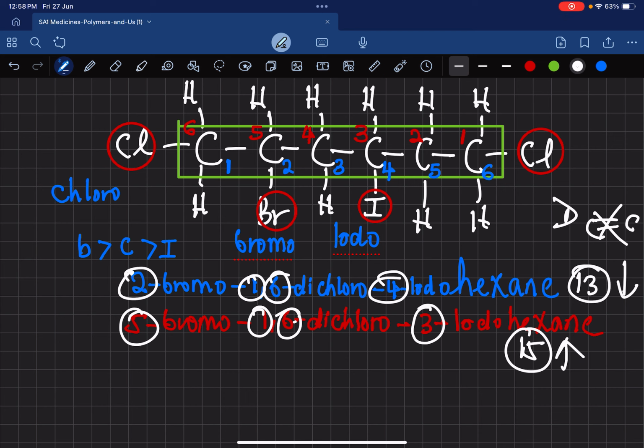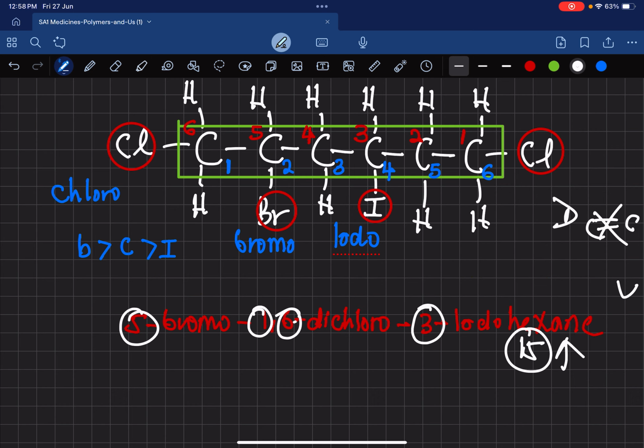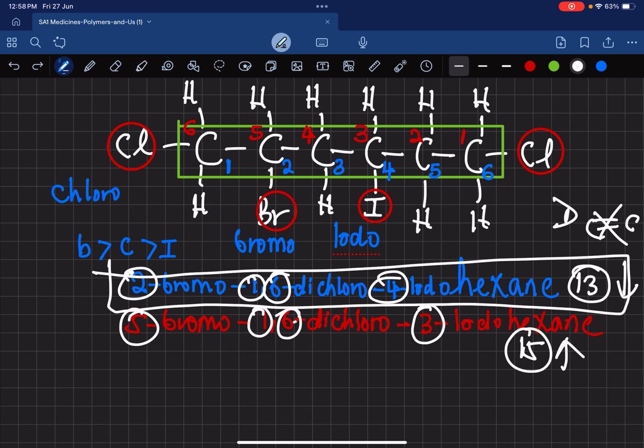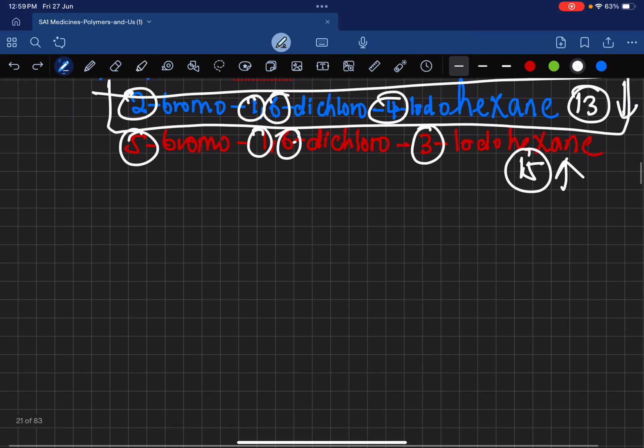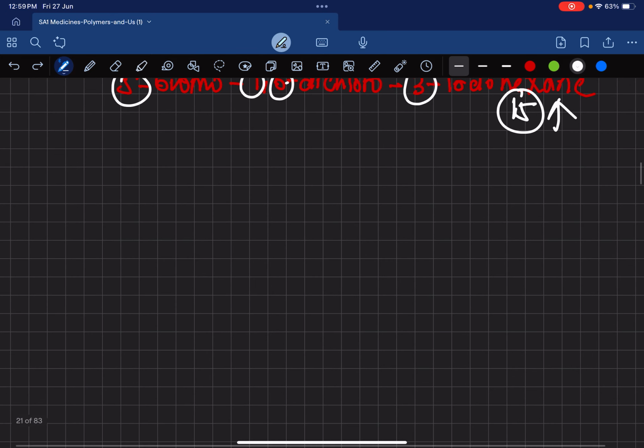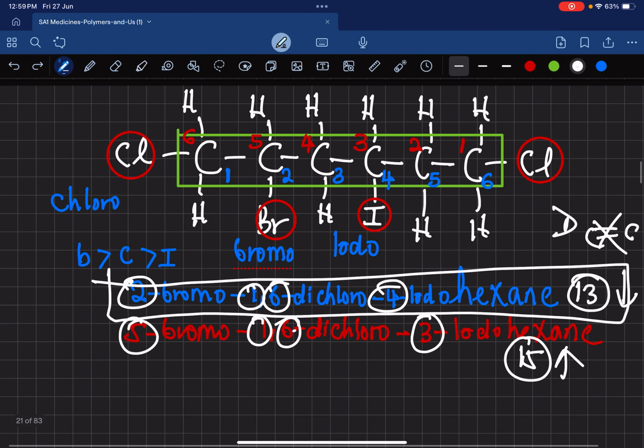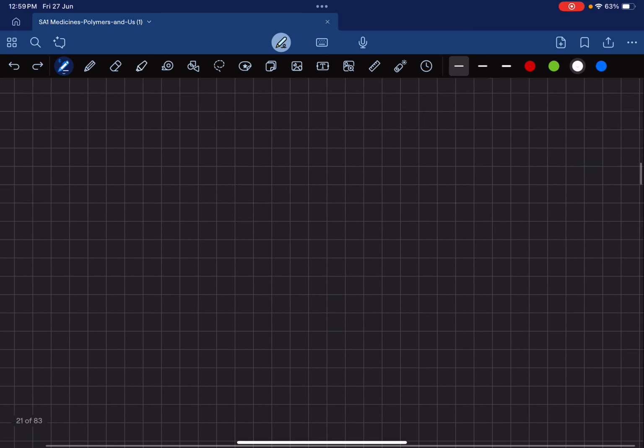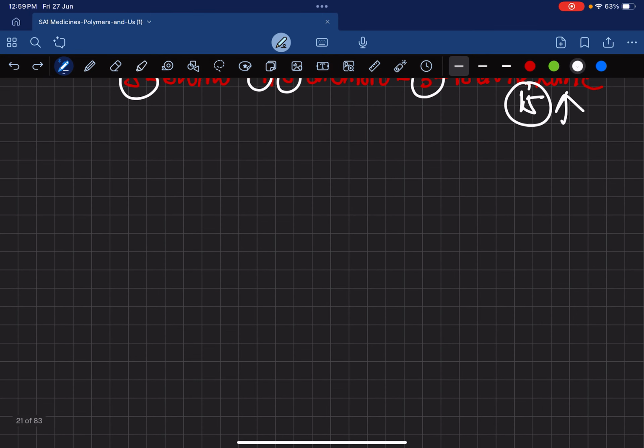Which means that when you did this numbering, this is correct. So this is the correct method of doing it. Oops, I deleted it. That's the correct method of doing it. But if you have a double bond, it's very easy. So in a similar example here, if we had a